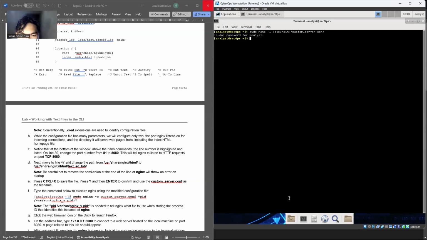Type the command below to execute nginx.